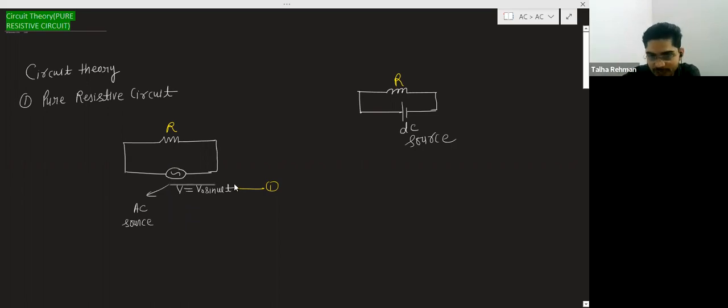So we know that the alternating voltage is given by V is equal to V naught sine omega t. What is V? V is the value of voltage at any particular time in this circuit. So in DC, we have a constant voltage basically. If you calculate the voltage drop across this resistance, it will be constant. But here the voltage across this resistance